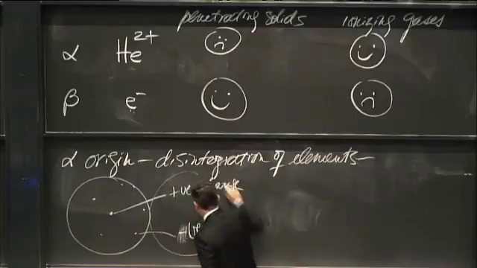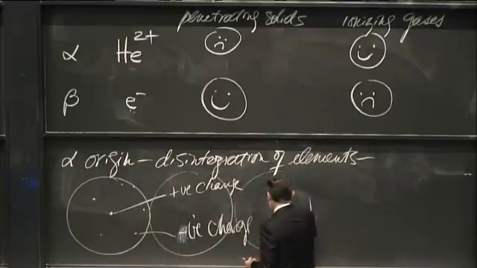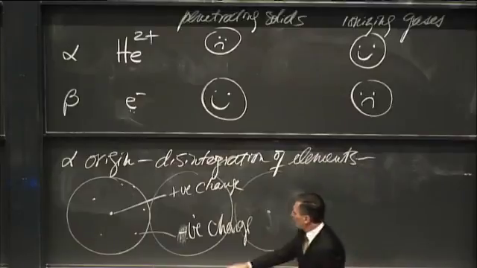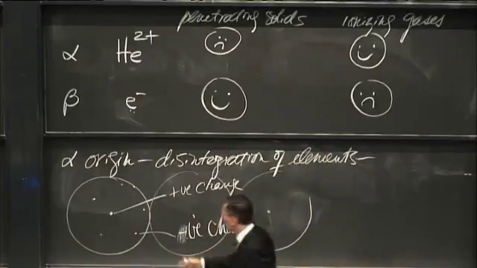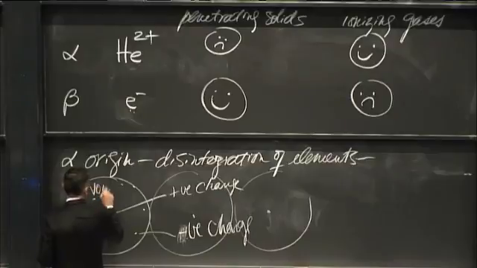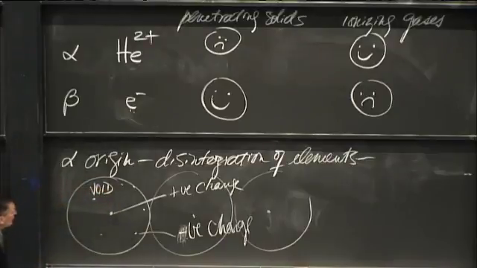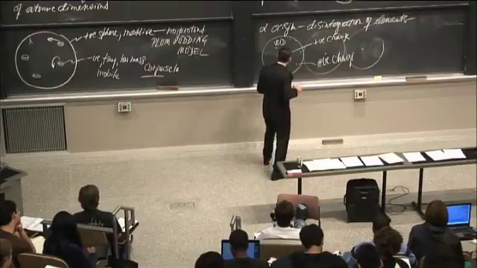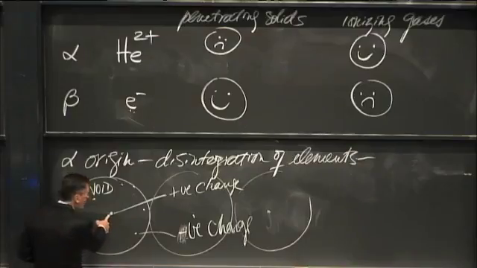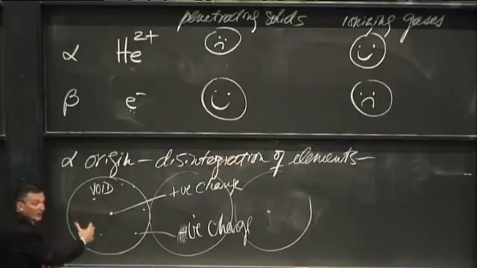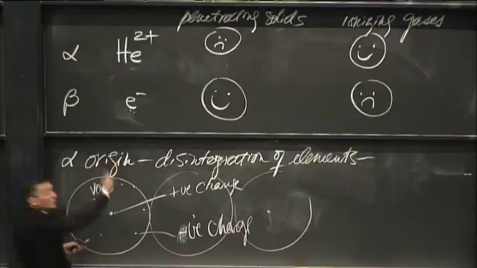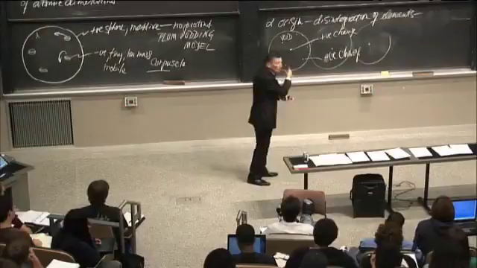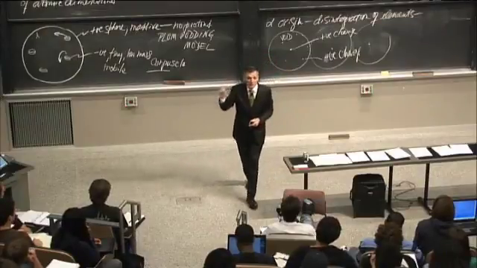And now here's the next one, and here's the next one, and so on. And now we're going to shoot these helium nuclei. See, and what's in between here? This is void, taking from Democritus. If I shoot the positive helium nuclei here, if they get close to this positive charge, they'll be deflected. If they don't get close to the positive charge, they just go right through. And once in a while, they get almost on axis, in which case they fling back. This model would be consistent with the data set I just showed you.